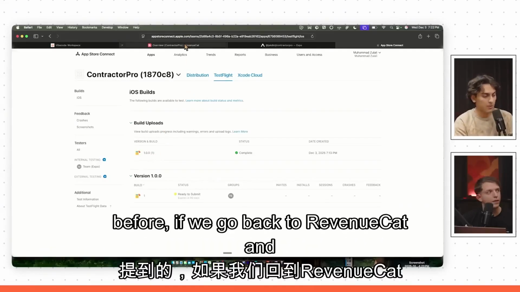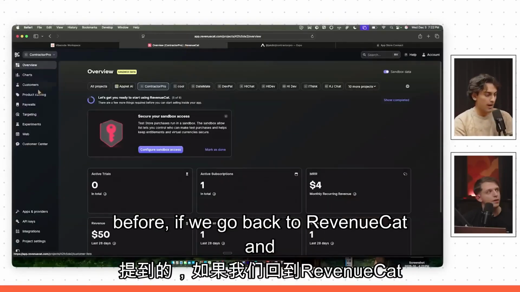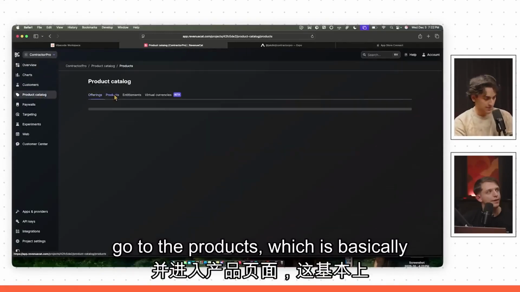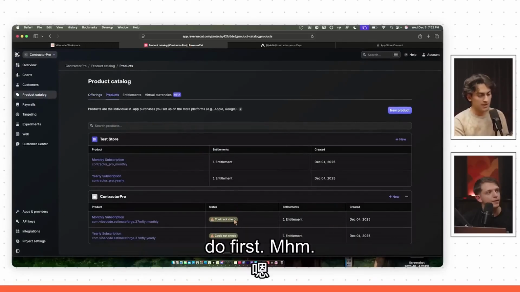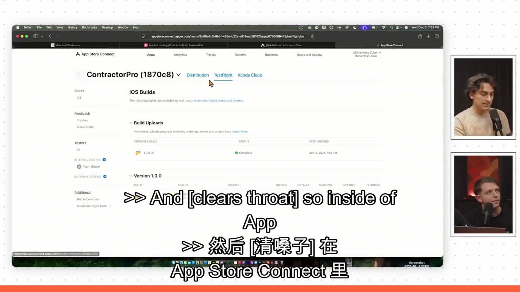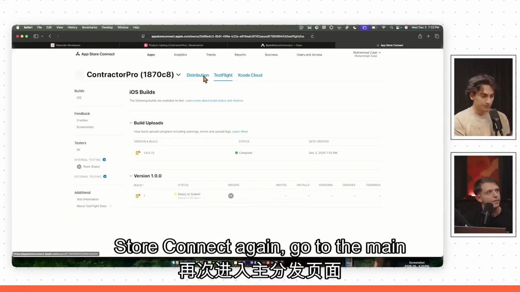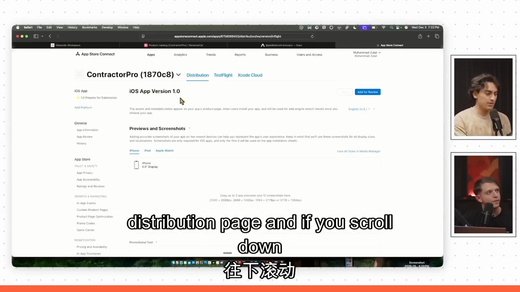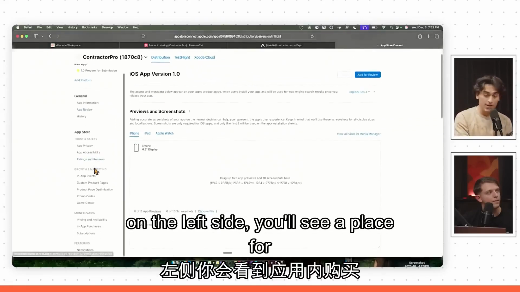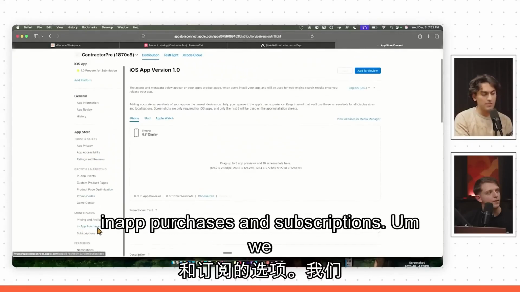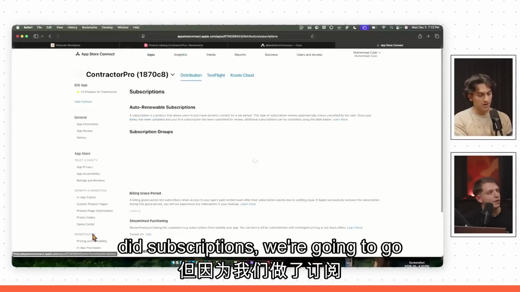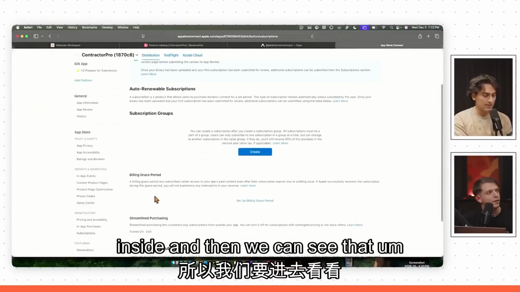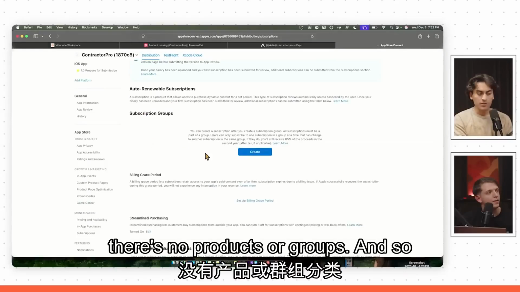But like I mentioned before, if we go back to RevenueCat and go to the products, which is basically our subscriptions, you'll see that there's some things that we need to do first. Inside of App Store Connect again, go to the main distribution page. If you scroll down on the left side, you'll see a place for in-app purchases and subscriptions. We did subscriptions. If you did in-app purchases, you'll go there. Since we did subscriptions, we're going to go inside, and we can see that there's no products or